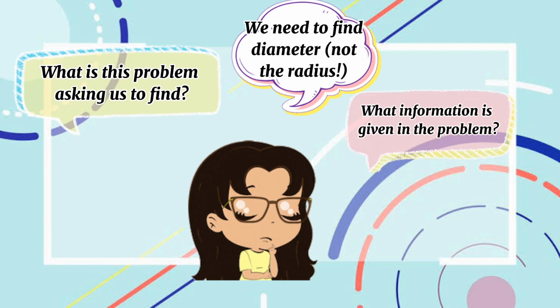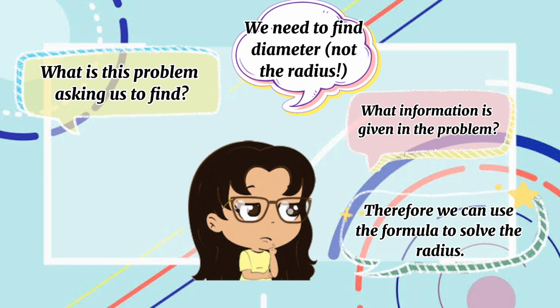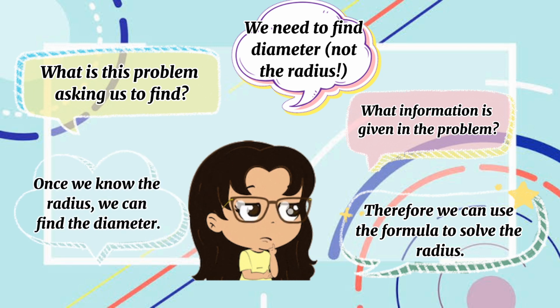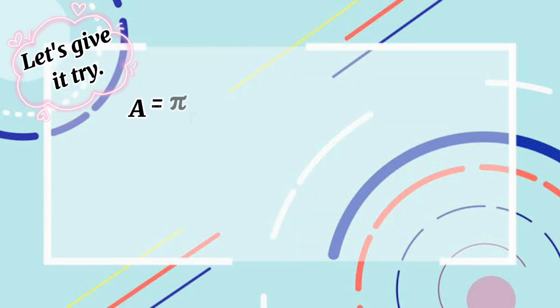What information is given in this problem? We know the area, so we can use the formula to solve for the radius. Once we know the radius, we can find the diameter. Let's give it a try. We know that the formula of an area is A equals pi r squared. We already know that the area is